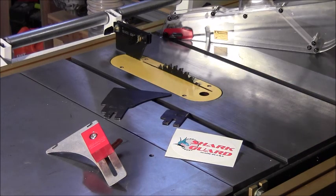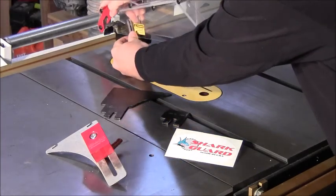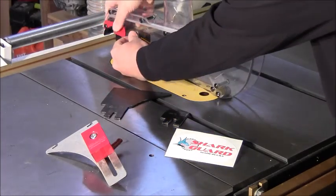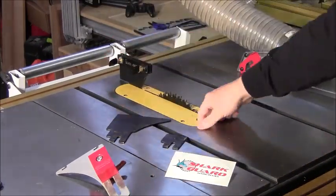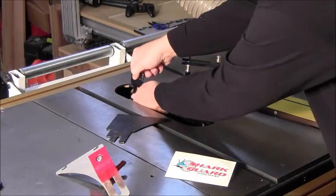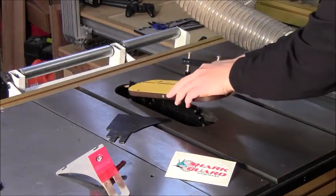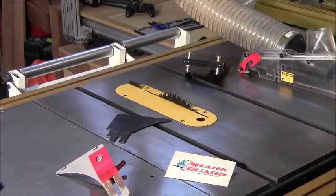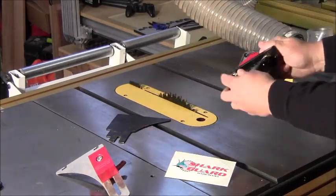This is what it would look like with the guard on. For non-through cuts, put in the short stubby splitter. If you needed to change from this splitter to this splitter,